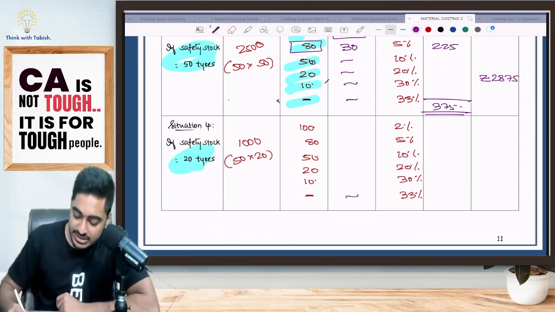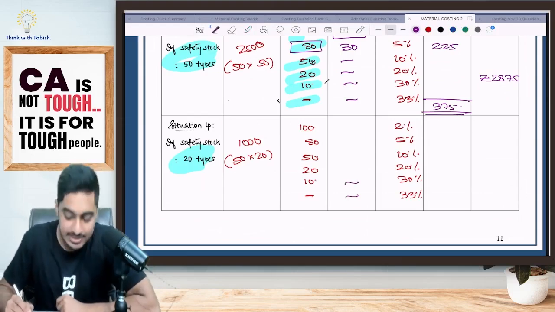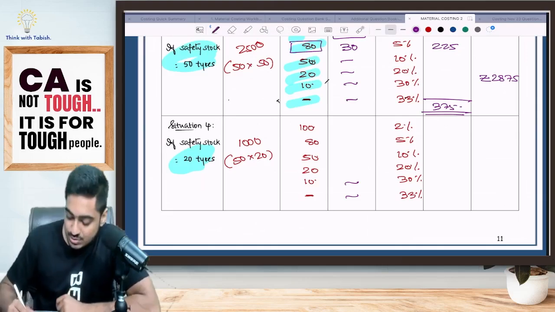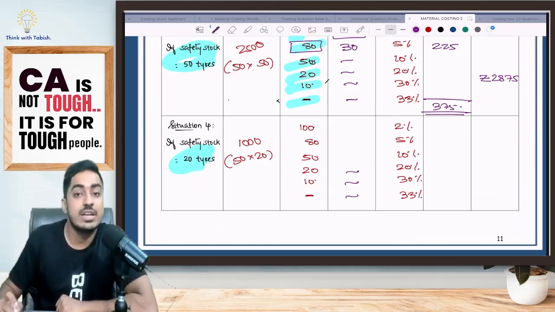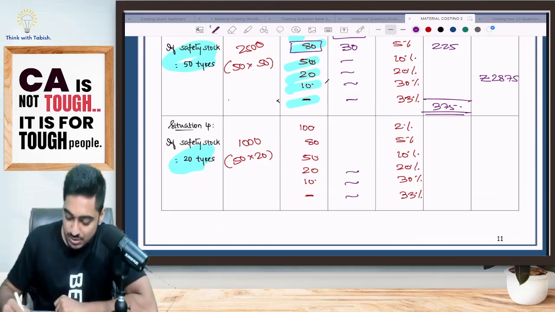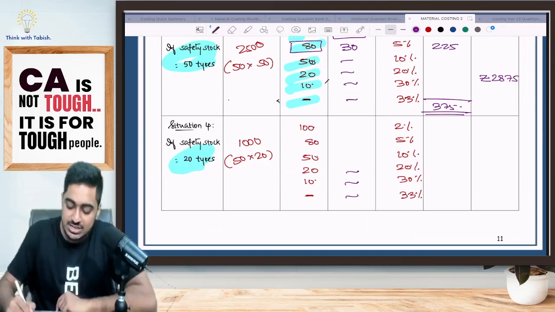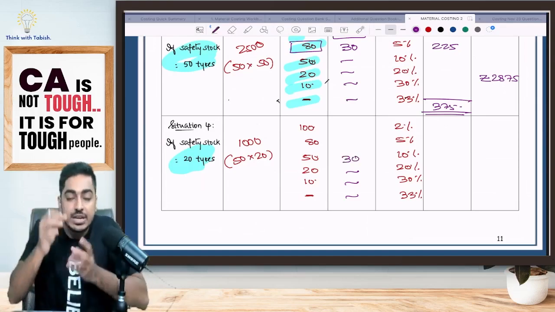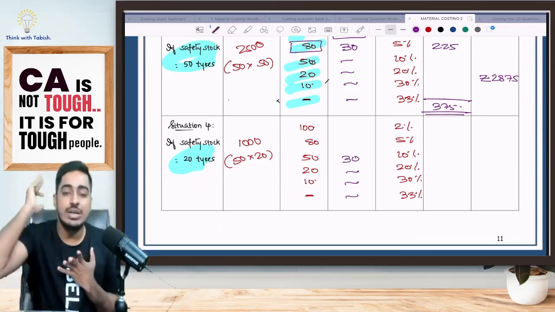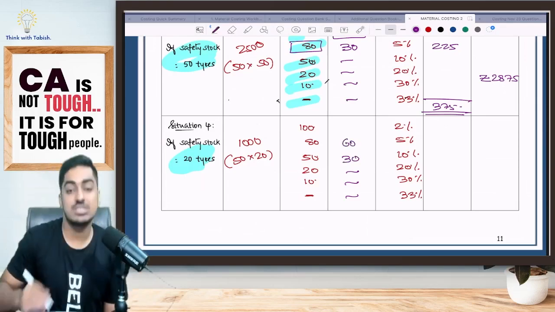Customer came and asked for 10 tires. Am I having tension? No. Customer asked for 20 tires. Do I have tension? No. Customer came and asked for 50 tires. Am I having tension? Yes, boss. I am only having 20. Customer asked for 50, that means how much is lost? 30 tires I've lost. Customer came and asked for 80. I had 20, I gave this, take this 20. But how much tire profit did I lose? 60 tires.